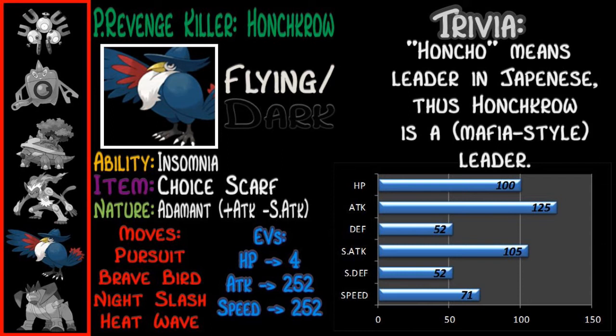So Honchkrow, the first of my 2 Scarfers, its main objective is to allow Terrakion and Infernape to sweep. So to get rid of those psychic types that prevent those Close Combat sweeps, it has Pursuit and Scarf, which makes sure it can outspeed most psychic types. Alakazam, as you saw, one battle outsped, because Honchkrow doesn't have the best speed even with Choice Scarf,